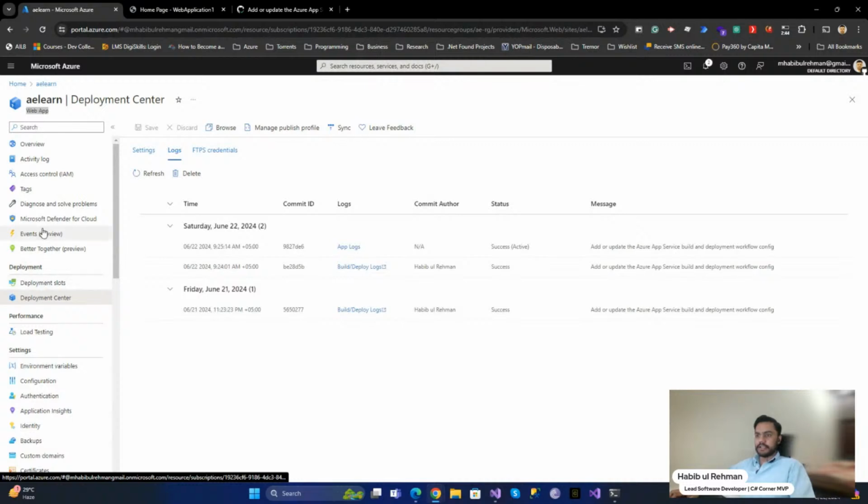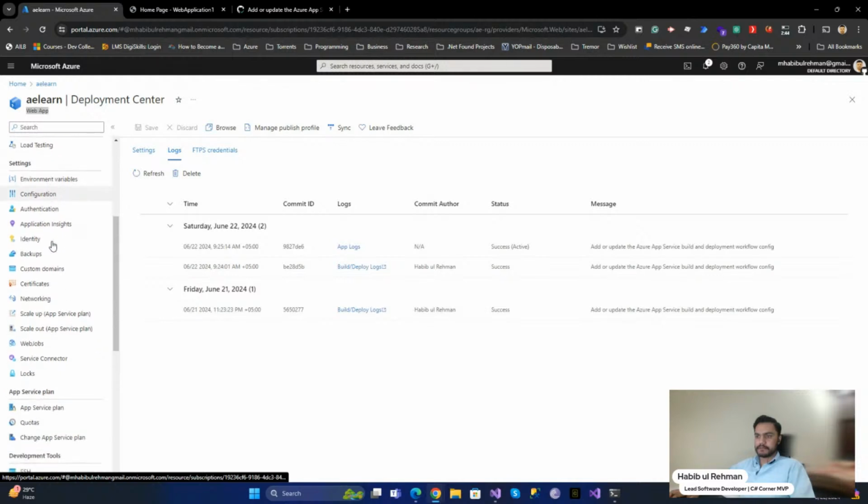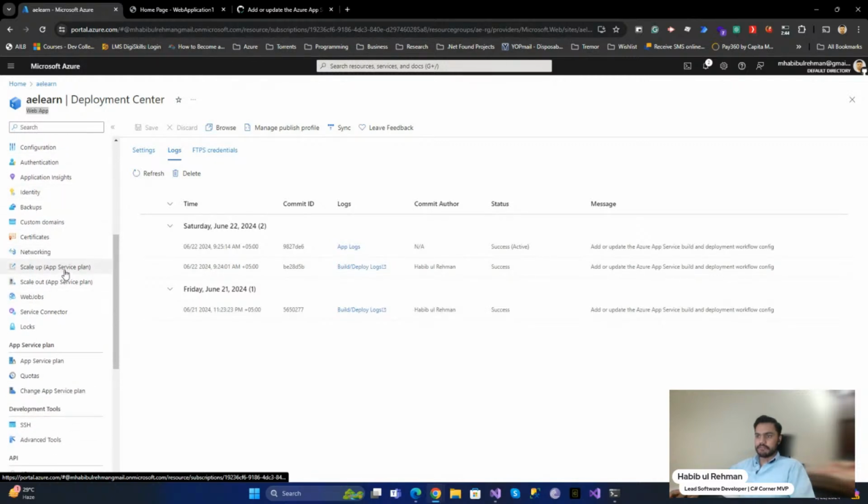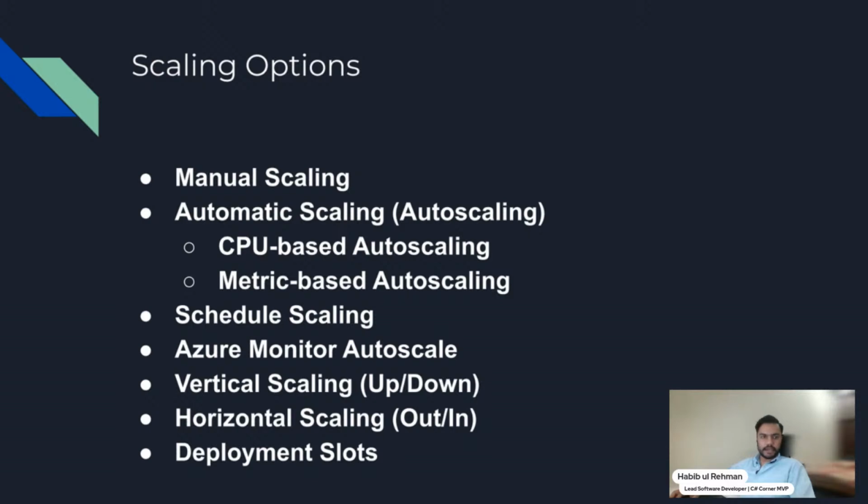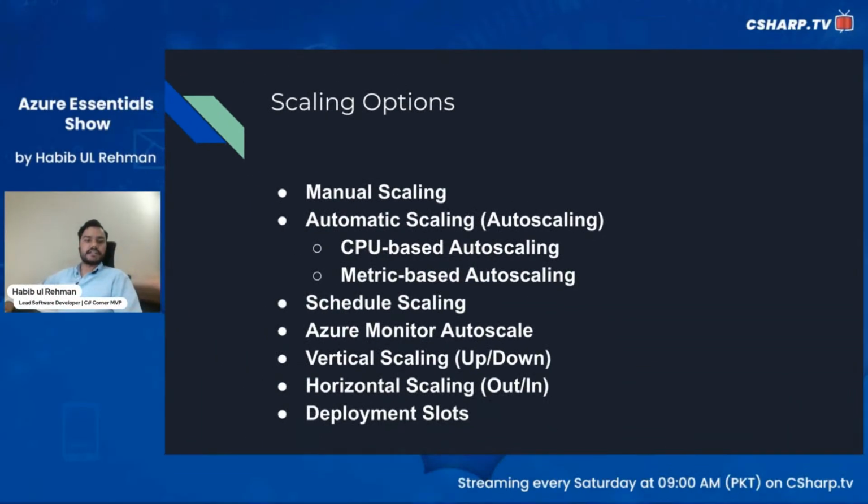And now, if I move to other options, first of all, you can see that we have scale up and we have scale out plans. But before moving to these options, I will go to my slides. Yeah. So here you can see that these are different scaling options available. And if we talk about these different scaling options,